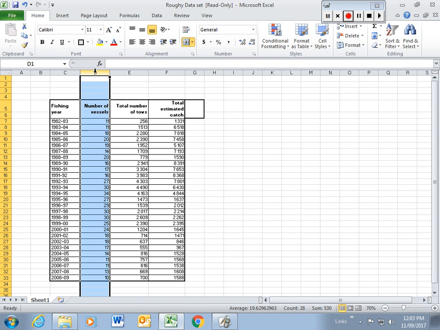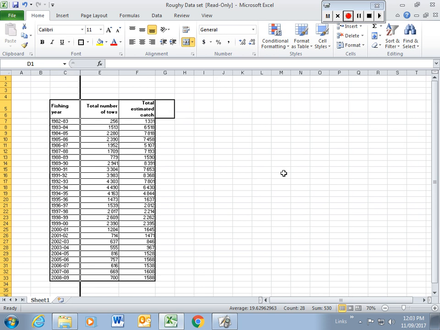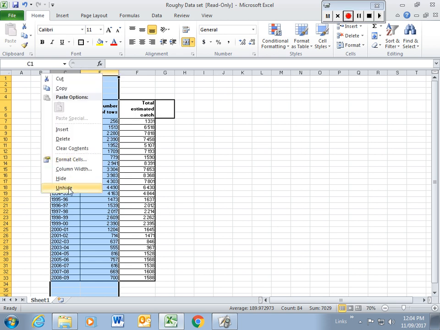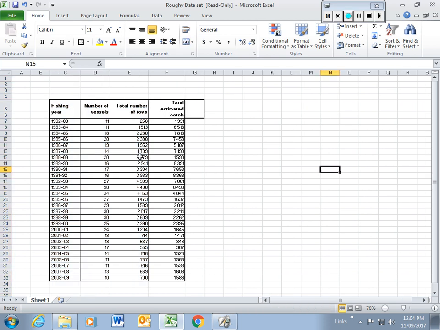We still need to know the year and everything, but we don't necessarily need to know the number of vessels at this point in time. So let's hide that column. I prefer to hide things rather than deleting them because I may need to use it later on. And to unhide it if I need to, I just left click and drag over the C and E columns at the top here. And then right click it again once it's highlighted and go unhide, and the vessels pop